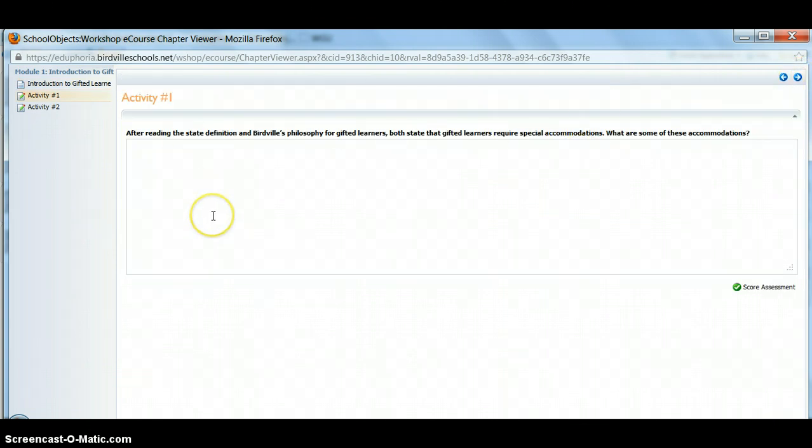Activities are set up in different ways depending on the course. Usually an activity will consist of some questions, and either you're just typing text into the box, or sometimes it might be multiple choice questions. Either way, you'll complete everything that's in that activity, and then once you're finished with it, you click on Score